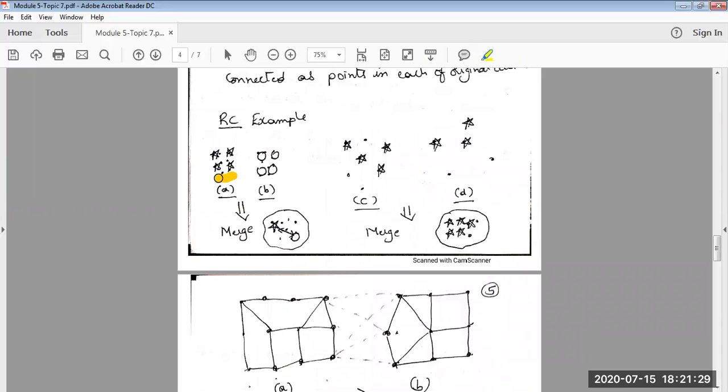I have two clusters here. This is cluster A, this is cluster B. Now I will merge these two clusters. You can see I have merged these two clusters. After doing the merger, do you think the cluster that has been generated is similar to the original? Definitely not. Just to make you understand, I have taken this example. Cluster A has asterisks, cluster B has circles. After the merger, you have a combination of asterisks and circles. That is, the similarity is comparatively low.